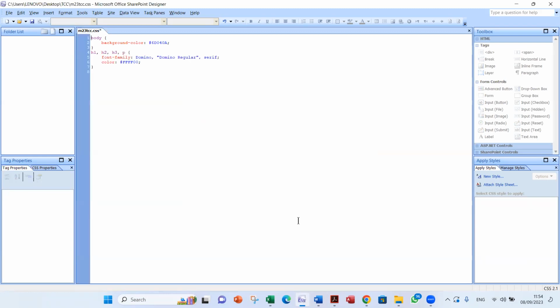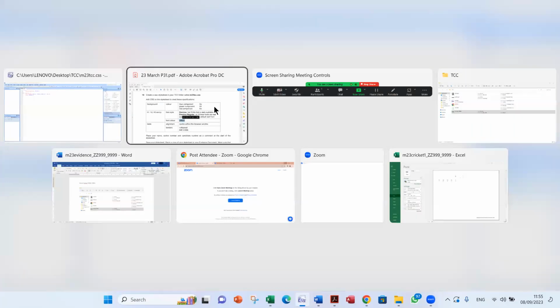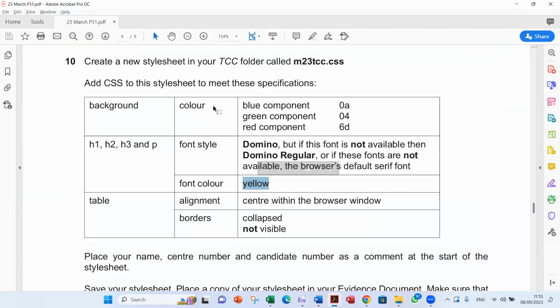And if you click OK, so H1, H2, H3, P, and this is efficient. And font dash family, Domino, Domino regular, between speech marks, serif, semicolon, on another line, color. Color is written in the American spelling, not in the British spelling. A colon hash, which means hexadecimal, FFFF00. This is the hexadecimal color code for yellow.